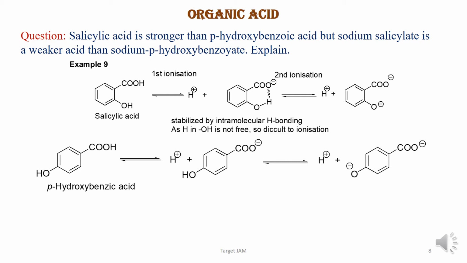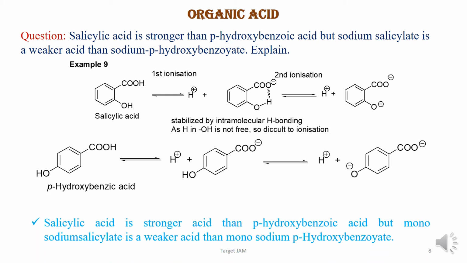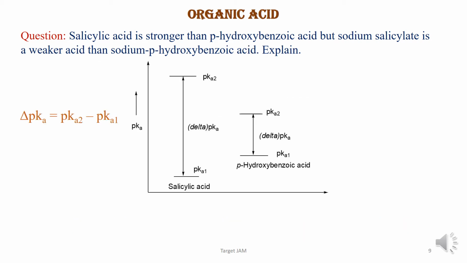and the difference between this pKa1 and pKa2 is not as high as in the case of salicylic acid. So we can conclude that salicylic acid is a stronger acid than para-hydroxybenzoic acid, but monosodium salicylate is a weaker acid than monosodium para-hydroxybenzoate. Now the whole fact can be explained through this diagram, and the delta pKa, that is the